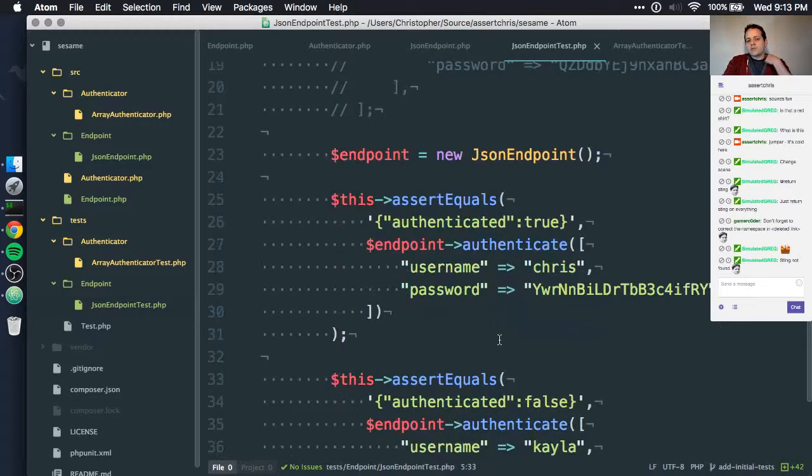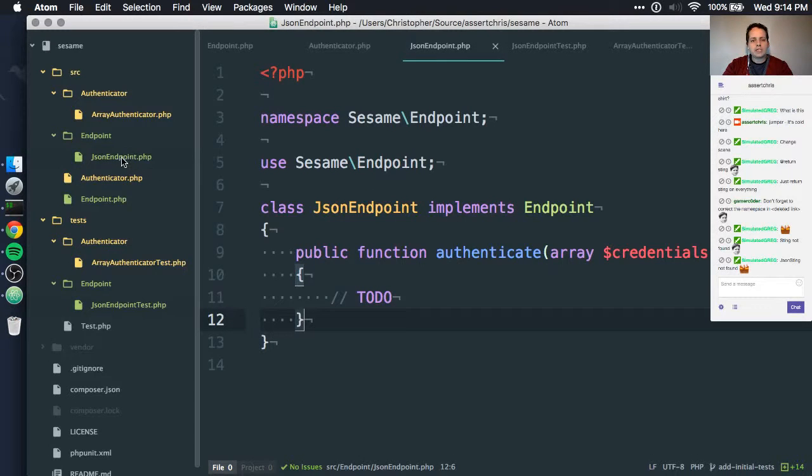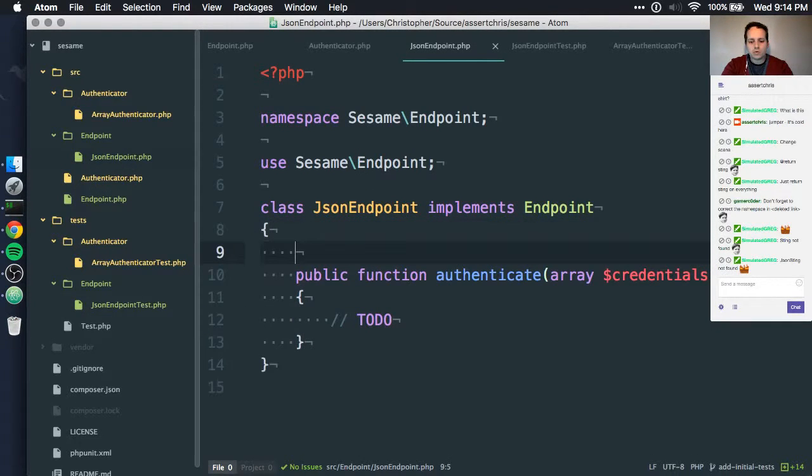But this gives us an interesting thing to consider. Remember back to how I said we could implement this, that we could have the endpoint interface wrap around an authenticator interface so that we don't redo that authentication logic. We can use any kind of endpoint to wrap around any kind of authenticator, and it should just work all the time, right? So ideally what we want is to accept an authenticator as a constructor argument to an endpoint. But we don't really need to have that in the interface. It's not really important for the interface.